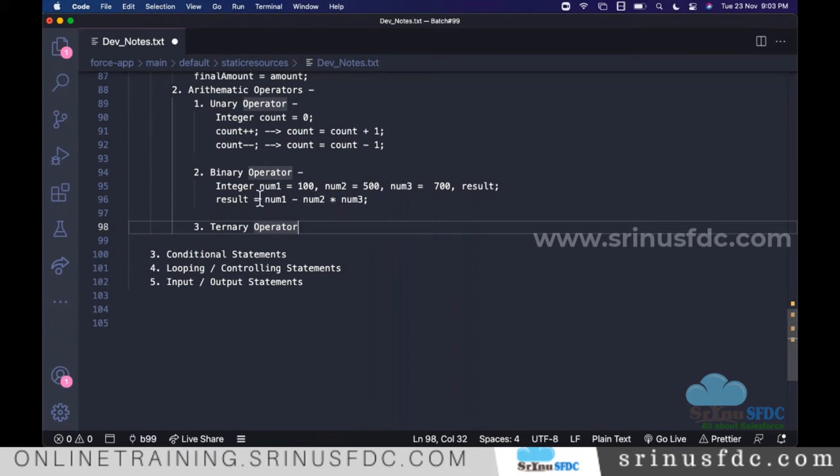Also when we give this, first what will happen? First it will multiply number 2 and number 3, and after that it will subtract from number 1, or maybe first it will subtract number 2 from number 1, and after that it will multiply. How do we know? There is an operator precedence. We have to see the documentation and understand for which operator system gives more priority. Let's say system is giving priority for star first. So first this multiplication will happen. Whatever the result is there, that will be subtracted from number 1.